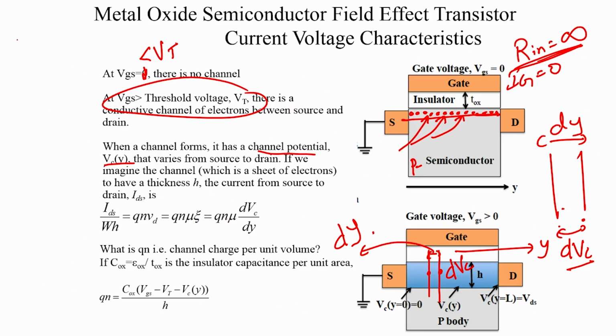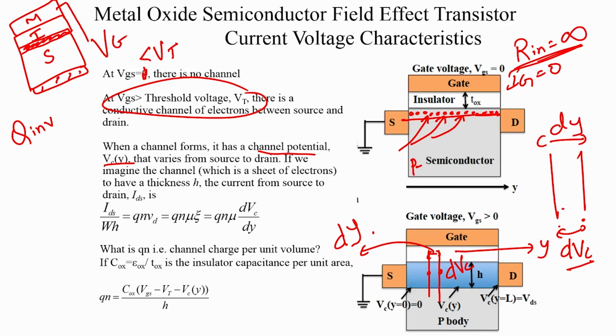If you remember the MOS capacitor, let us just go back a little bit. We had the MOS capacitor, which was a metal insulator semiconductor structure, and in inversion we had an electron sheet, and we had defined the inversion charge as Qn, that was the inversion charge per unit area. So, the MOS capacitor had a gate voltage Vg,